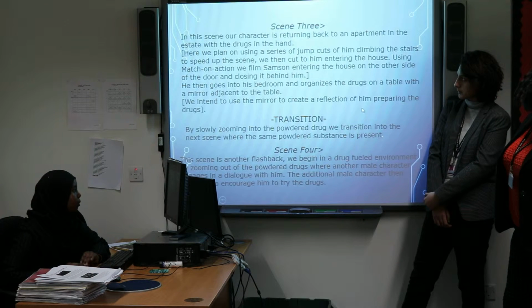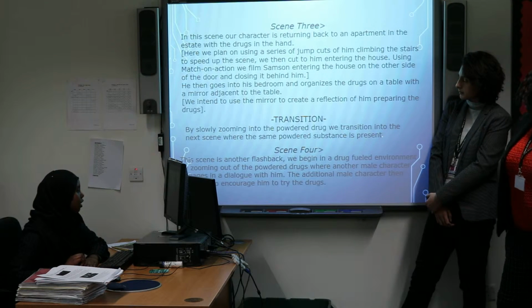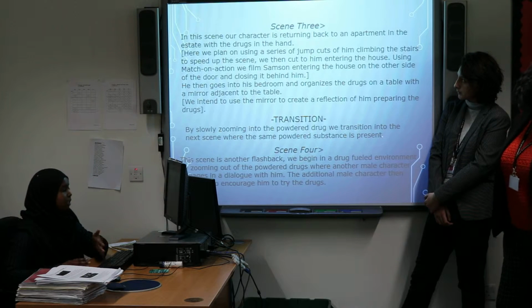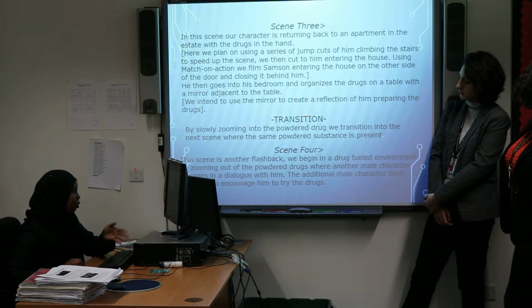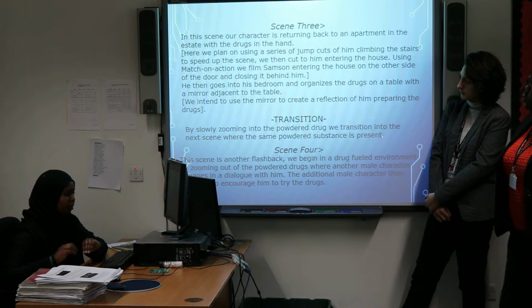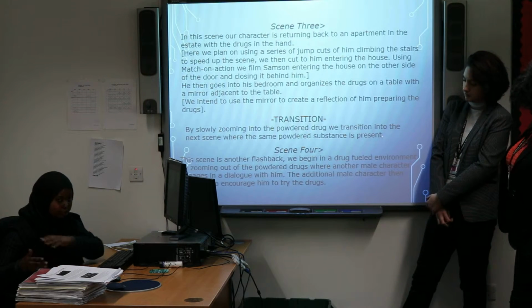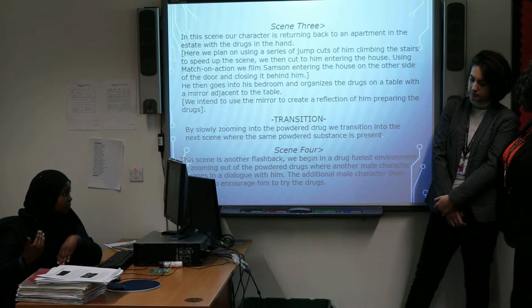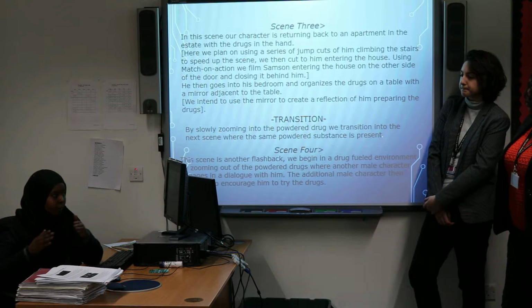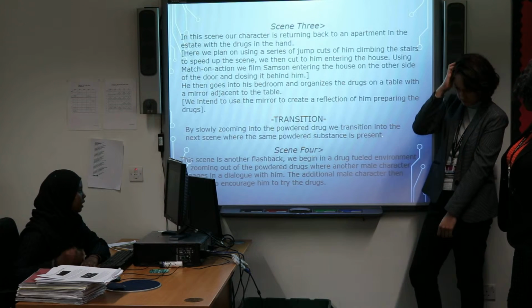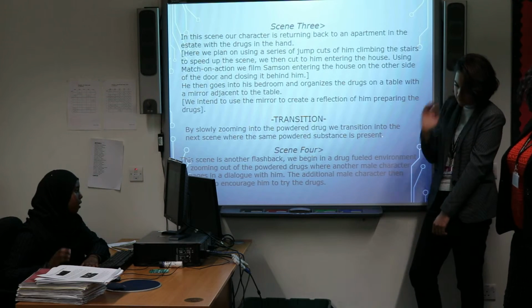And scene 3, we begin with our character returning back to the apartment. At this point we've gone back to where he was in the beginning, and he has the drugs in hand. Here we plan on using different jump cuts to speed up him walking into the building. So we have jump cuts of him walking up the stairs,